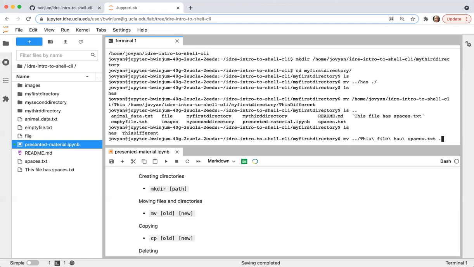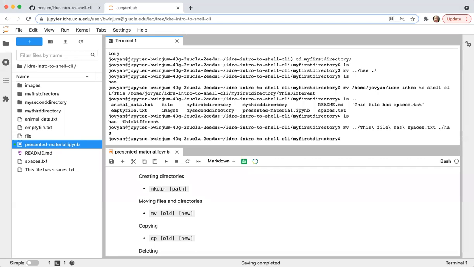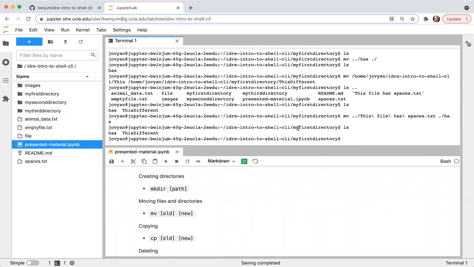Now I'm going to move it into the current directory, and I'm going to name it has. It's not going to complain about it. It's not going to try and create a has number 2. It's going to assume that if I want to name it this, then I really know what I'm doing. So it's taken that file and it's replaced has with the file that it moved into it. So to some extent, when you're moving files around, you do have to be careful that you know there's the potential for you to overwrite something.